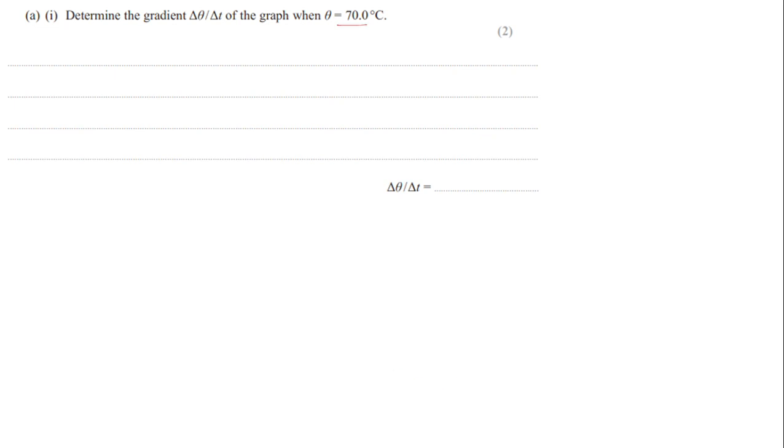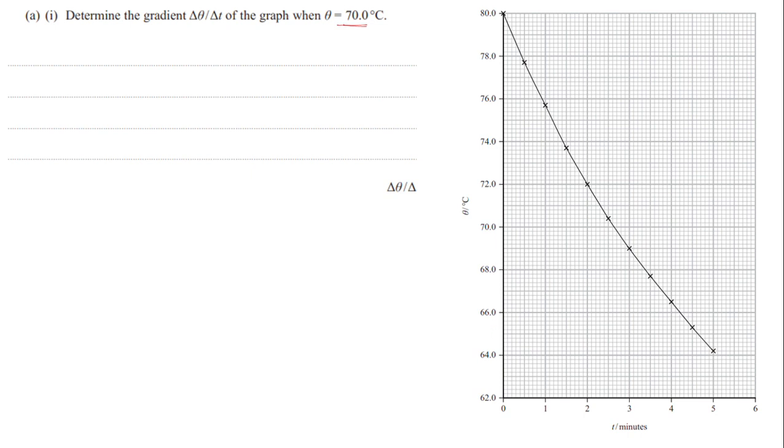Easy and straightforward question. The only thing that you will have to do is find the gradient at theta equal to 70 degrees Celsius. But again, it is not a straight line, it is a curve. And you know that for a curve, how do you find the gradient? You need to draw a tangent line. So if you have some graph and some shape of a curve, and you need to find the gradient at a point, suppose at that value of x, you need to draw a tangent line with the help of a ruler, and you choose 2 points on the line, and then you draw a big triangle, and then you find the gradient of this tangent line. So the gradient of this tangent line is basically the gradient of the curve at that particular point.